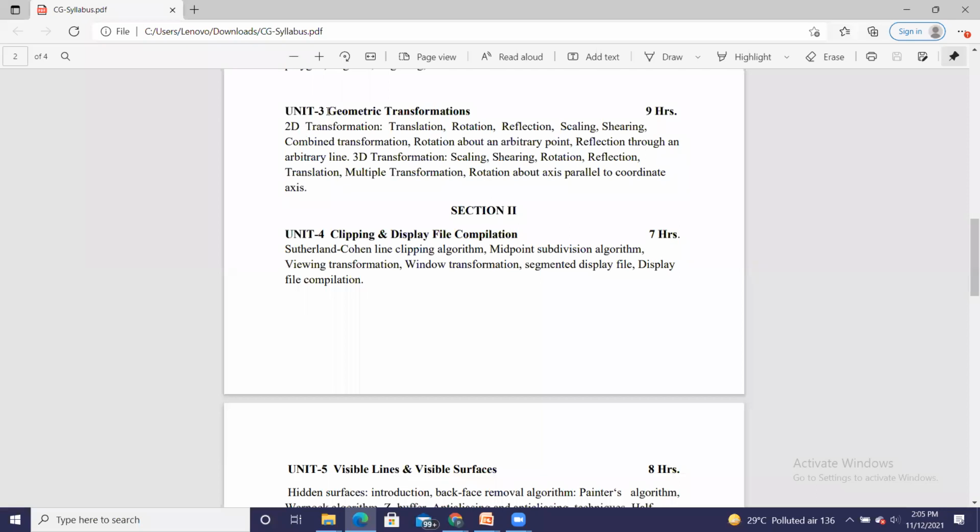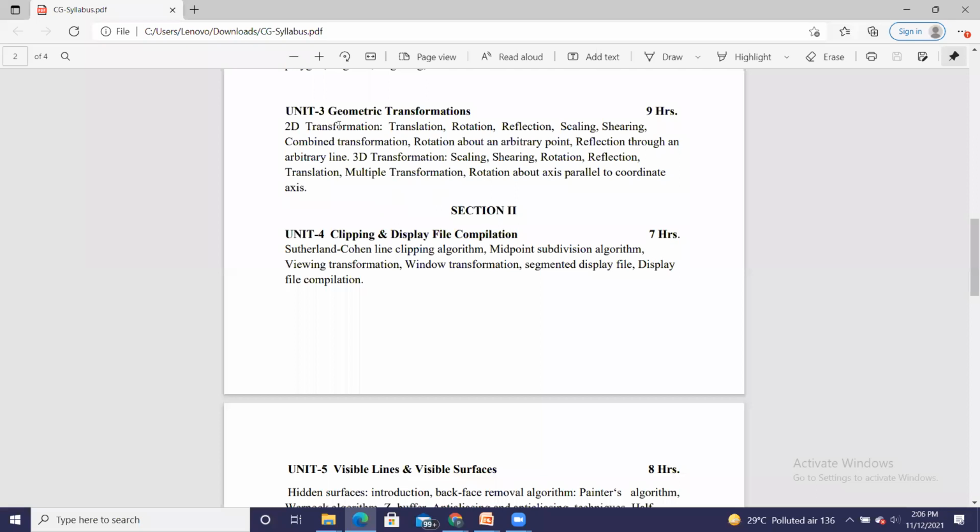Why the name is given as geometric transformation is that we are going to concentrate on 2D and 3D images, 2-dimensional and 3-dimensional images. It can be a triangle or rectangle in case of 2-dimensional, or it can be a cube in case of 3-dimensional transformation.